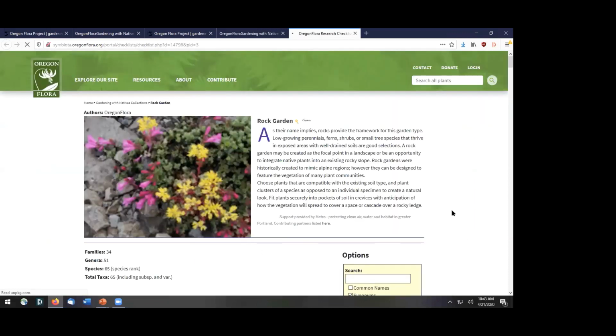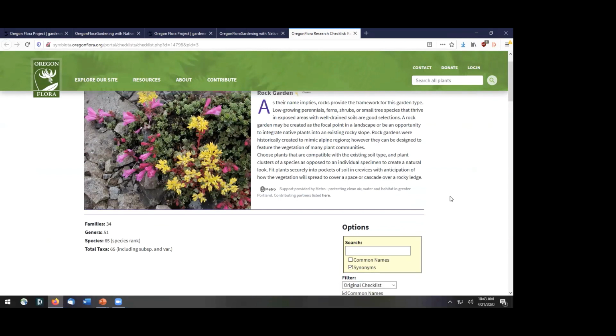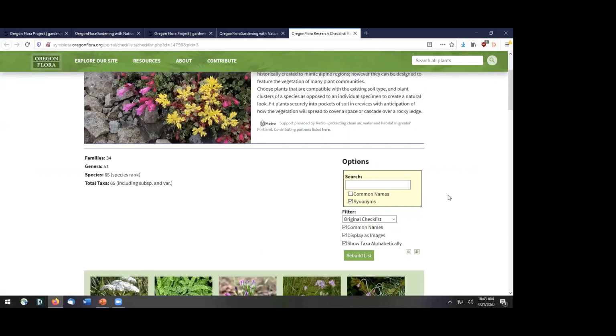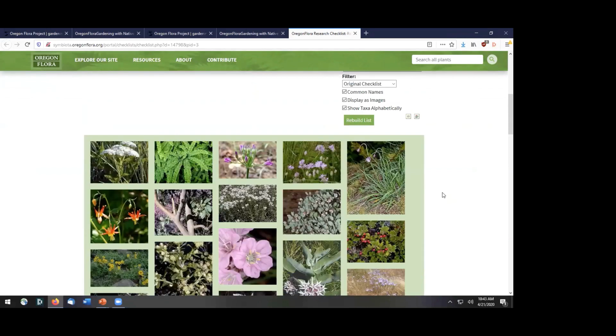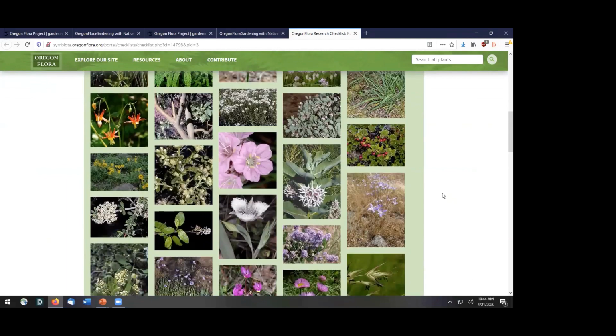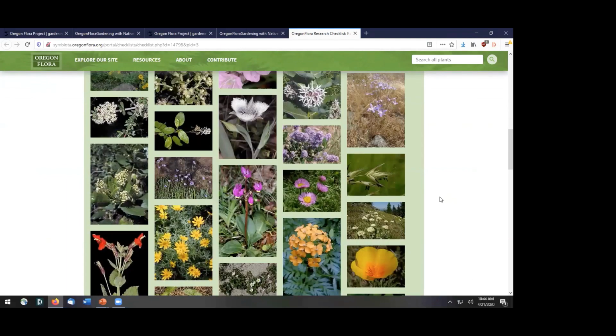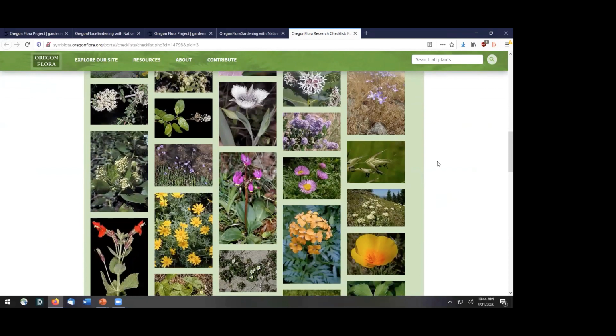plantings. So in this view, you also get a description about how rock gardens might function and some of the characteristics of them. And then you can see in this view, all together, what might I pick if I'm looking for some pink or some orange? You see them and imagine how you could lay these out in your garden. Another thing you can do is